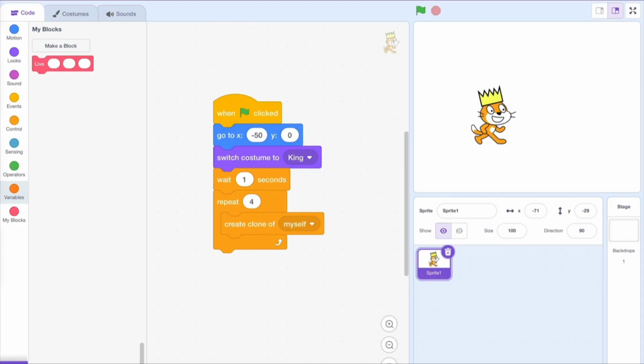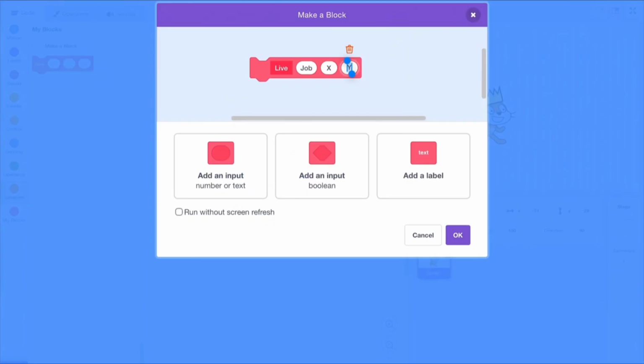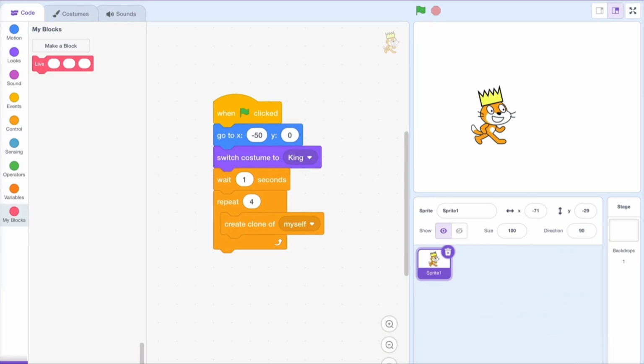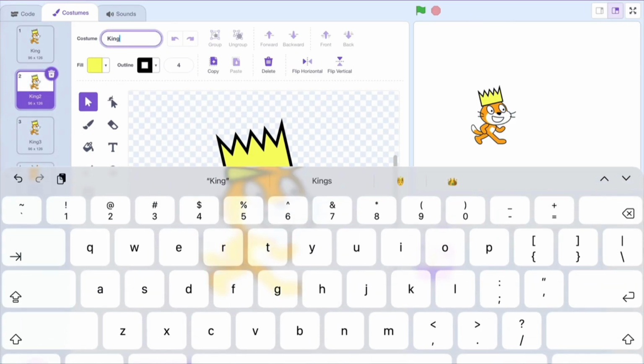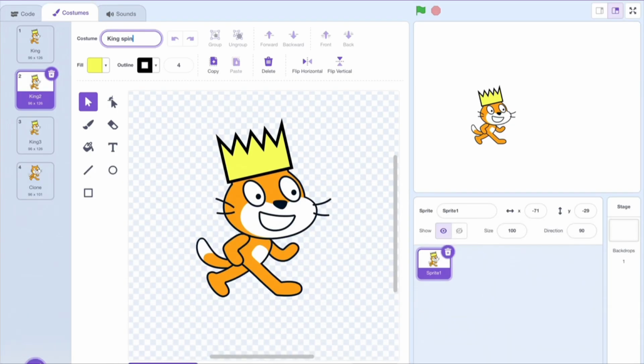Now let's try this first method of getting the king to tell the clones what to do. Let's go back to costumes and duplicate the king costume twice. Let's name them King Square and King Spin. So then the clones can read